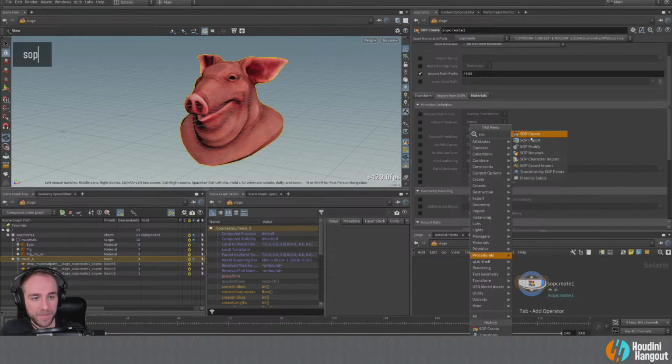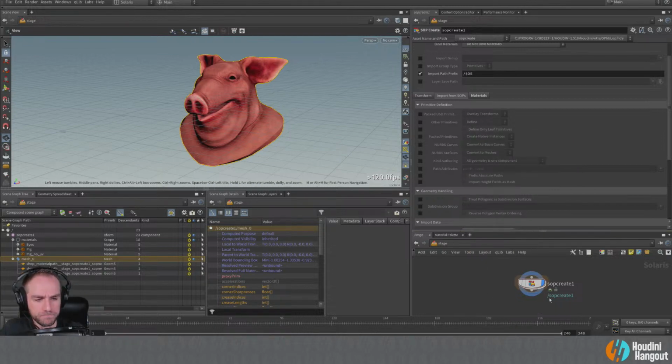There is also a SOP import, which you could bring from SOPs itself from your object level. You could also create a SOP network right here and then SOP import it. There's a few different ways you could go about doing this, but some of these nodes here will have this same import from SOPs dialog. This is going to be kind of a common dialogue between a lot of objects that are bringing geometry into